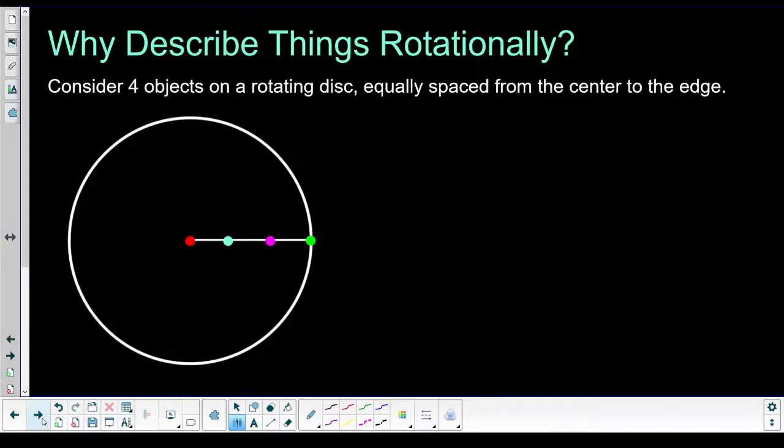First slide. Okay, so let's first talk about why we are going to think about things rotationally. Mr. Barton, why do I need to learn about things going in circles? I can just make things go in straight lines. Why do I need polar coordinate systems when I can just use my beloved Cartesian coordinate systems? For those of you who are uninitiated,